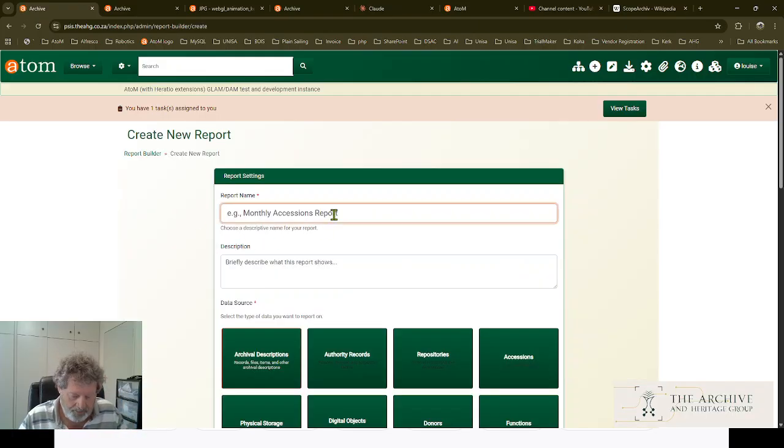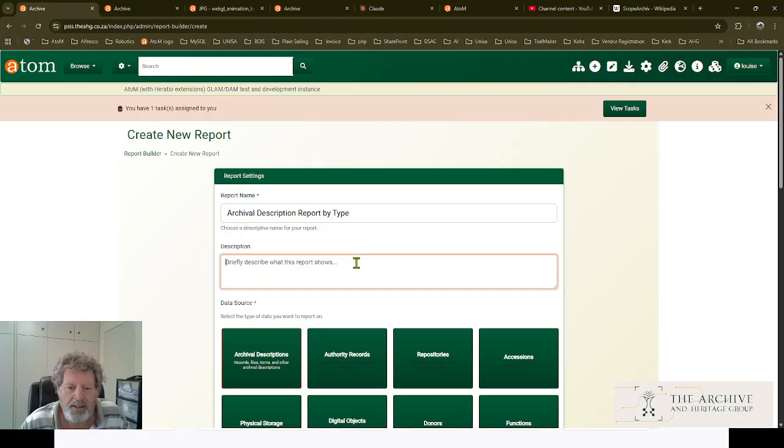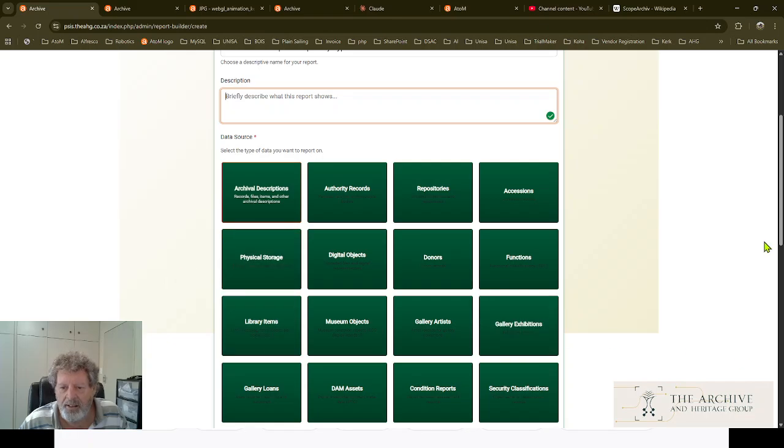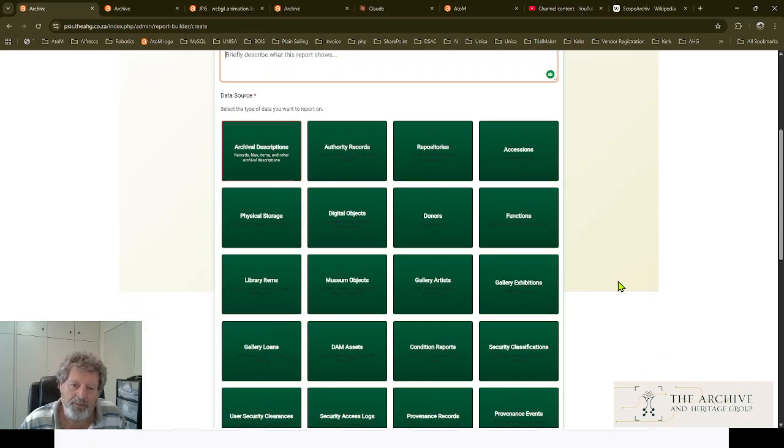I can give it a name. Description: report by type, just to have it. Then there are predefined reports already set up.